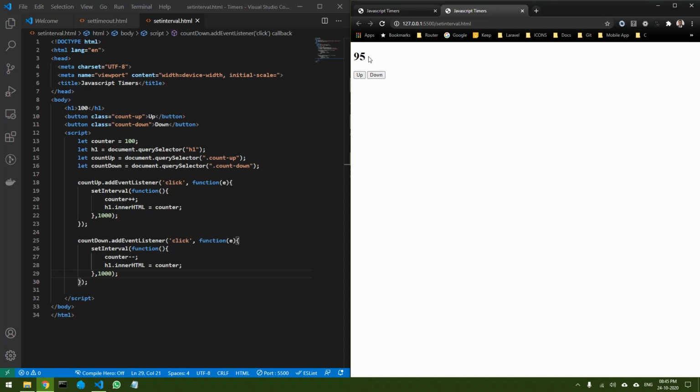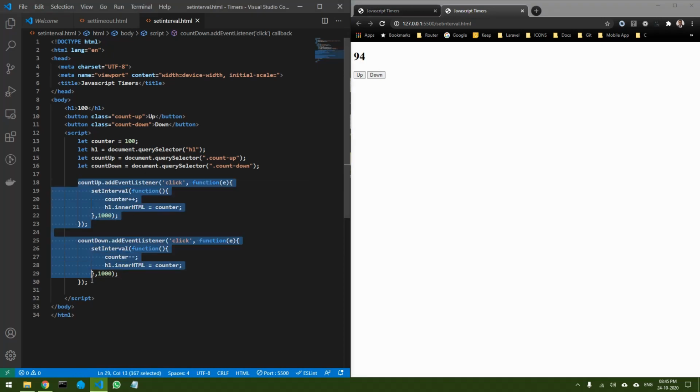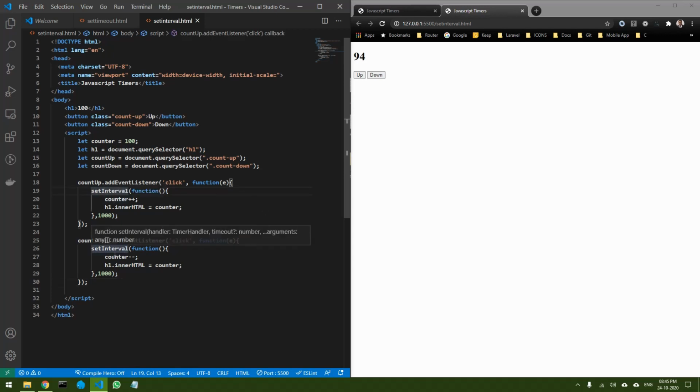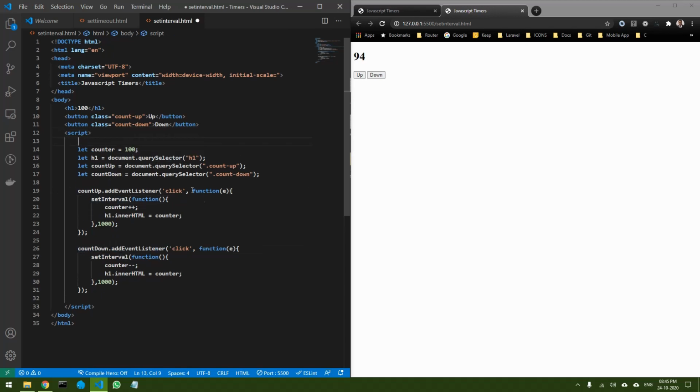Basically both of the timers are running right now, because what you should have done is cancel the previous timer and then start a new timer. So let's do that now. Let's set a timer called myTimer.